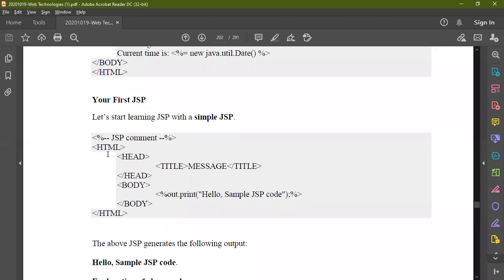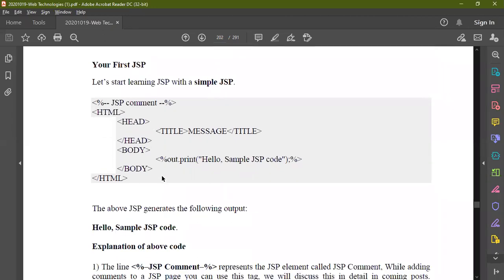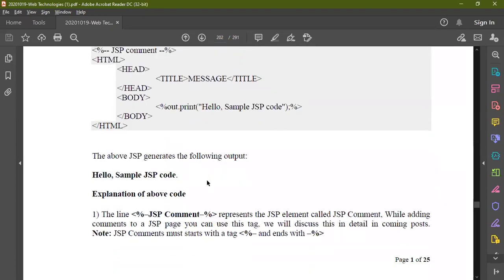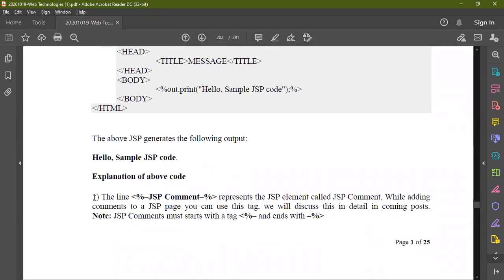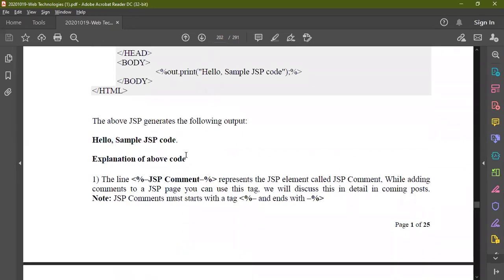Understand? So this is what we are going to do here, and we are going to deploy it on the server and execute it. If you execute this, it will give you the hello sample JSP code. In this, we are writing some JSP comments, and these are the directive tags that you are using here.